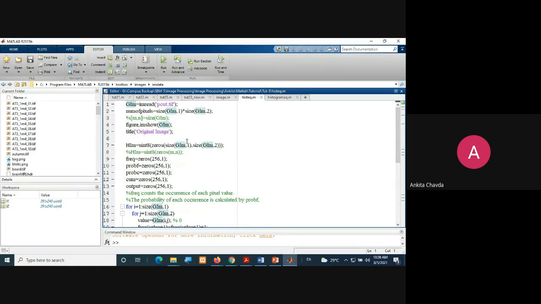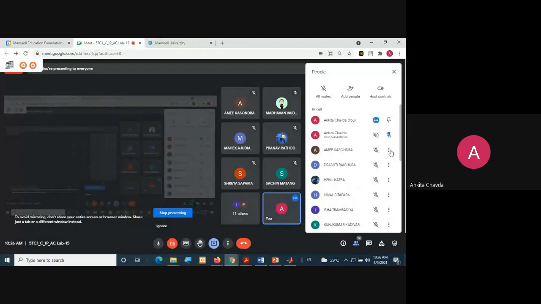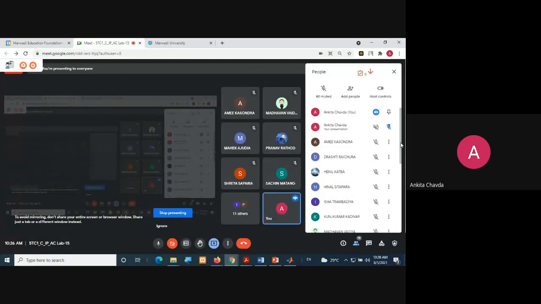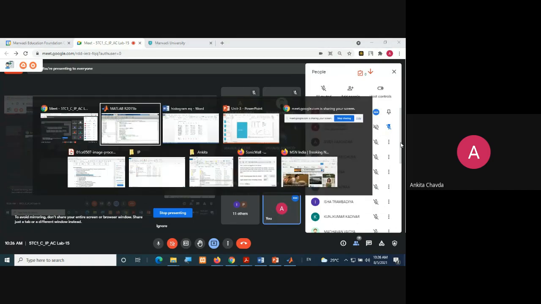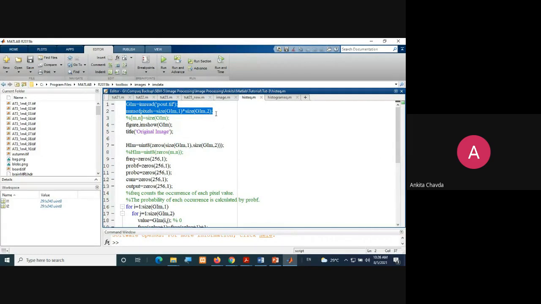Fine. So at the very first, what I'm doing here is, who will answer this? Ami, let me know in the first two lines what I'm doing. You can unmute yourself and answer. Now you are the only one who will explain this program to me, because you are not interested in solving the sum, no? So maybe you are interested directly in the MATLAB program.